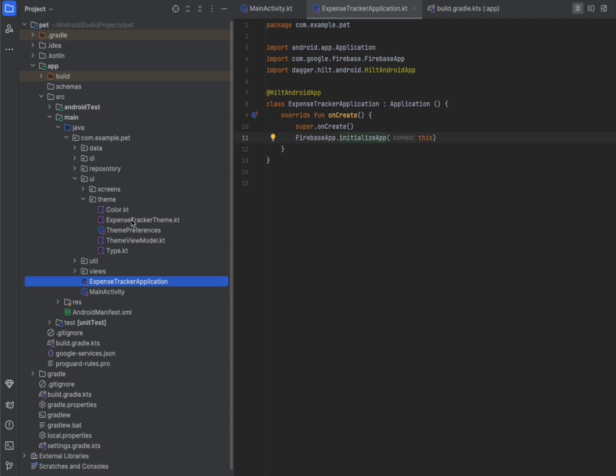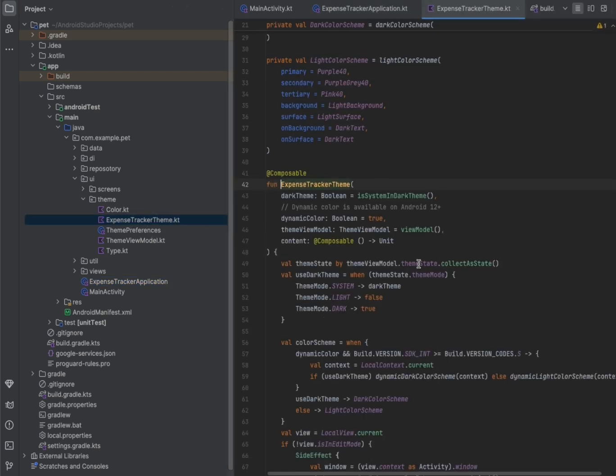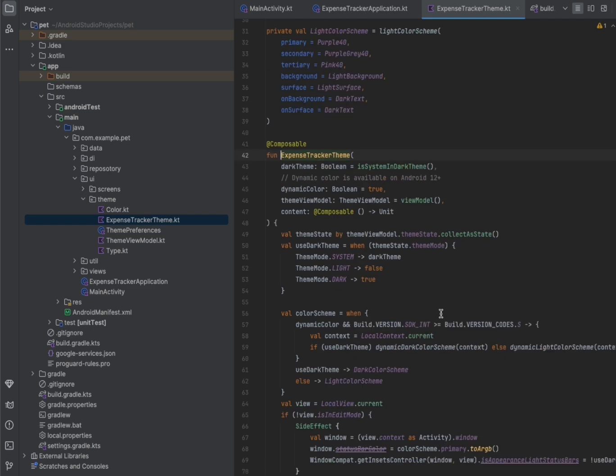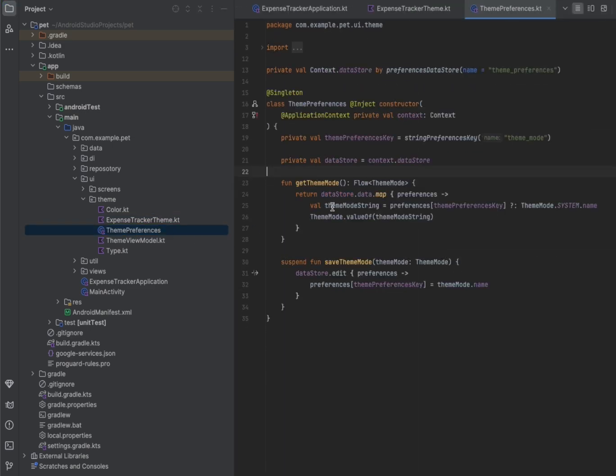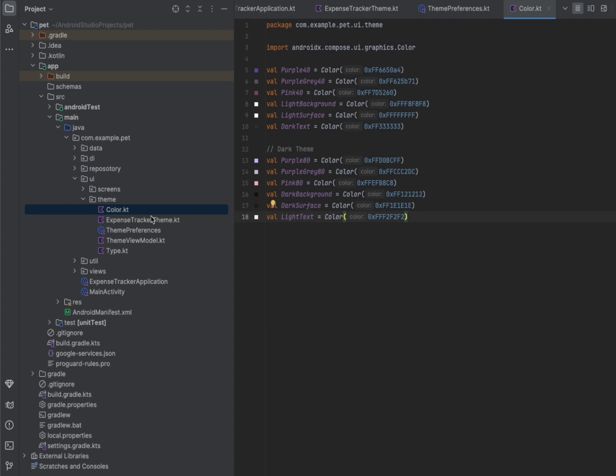You can see the color, expense tracker theme, and theme references. This is the code of the theme references. Then you can see the color kit. You can change the color here, and